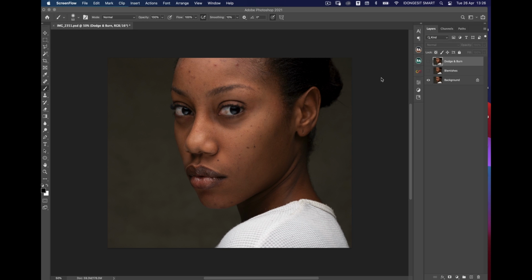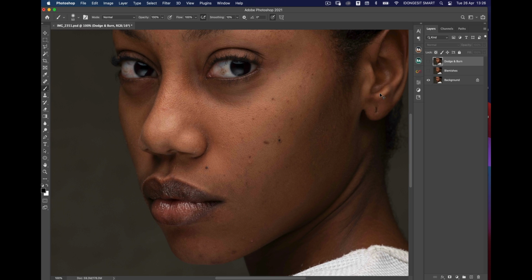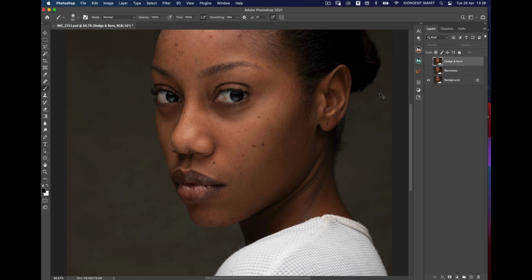This is what the image looks like, as a raw file. It has all the blemishes, the skin is not perfect and all. So what I did, first of all, was to take out the blemishes. You can see the before and the after. I took out all the blemishes,